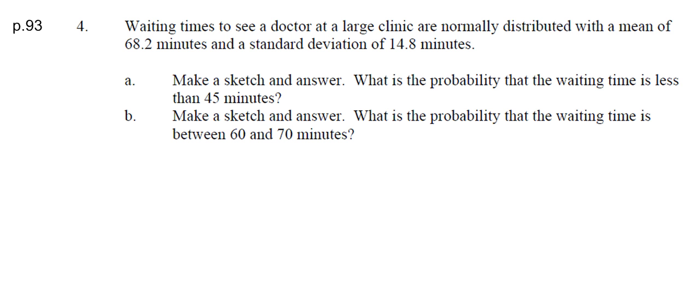Page 93, question number 4. Waiting times to see a doctor at a large clinic are normally distributed with a mean of 68.2 minutes and a standard deviation of 14.8 minutes. Let's just think about what this is saying. It's saying the average waiting time to see a doctor is 68 minutes. That's a long time. With a standard deviation of about 14 minutes, meaning about two-thirds of all people wait